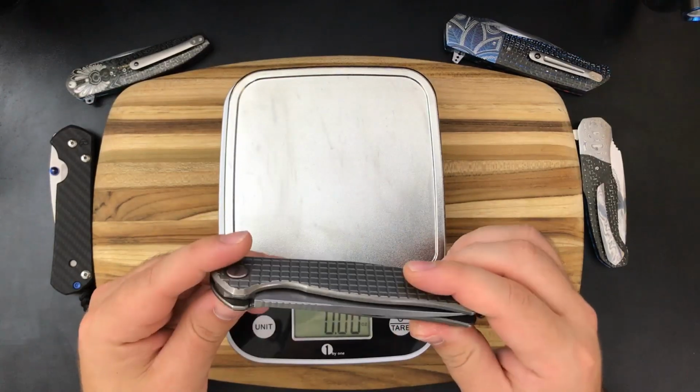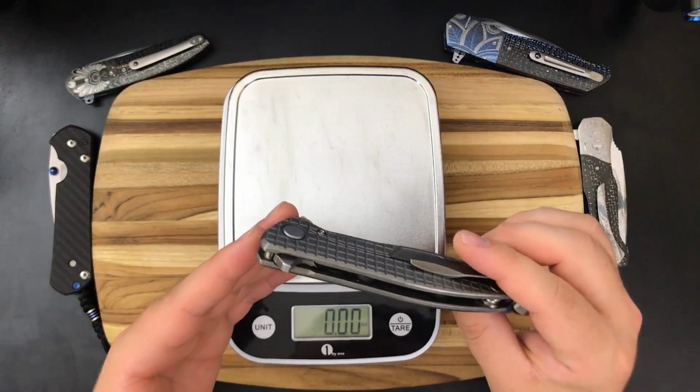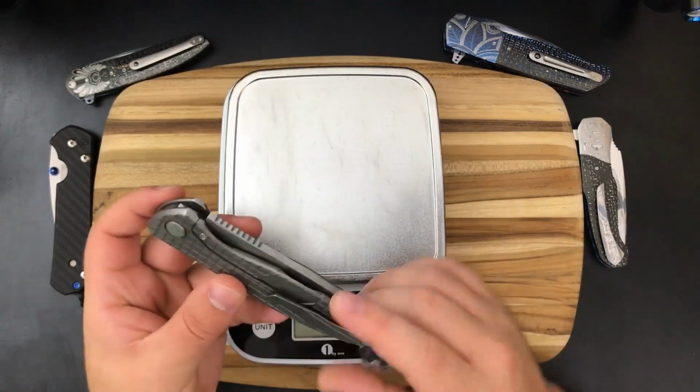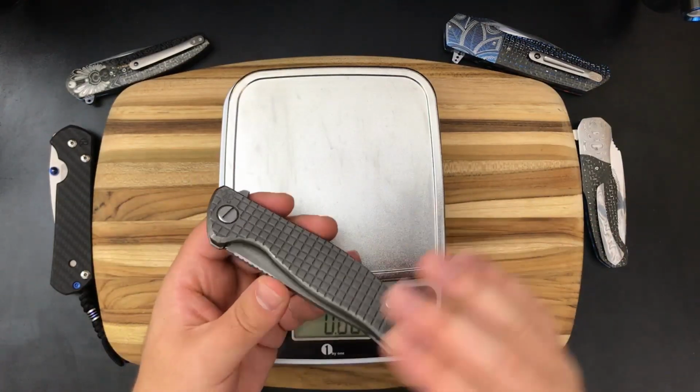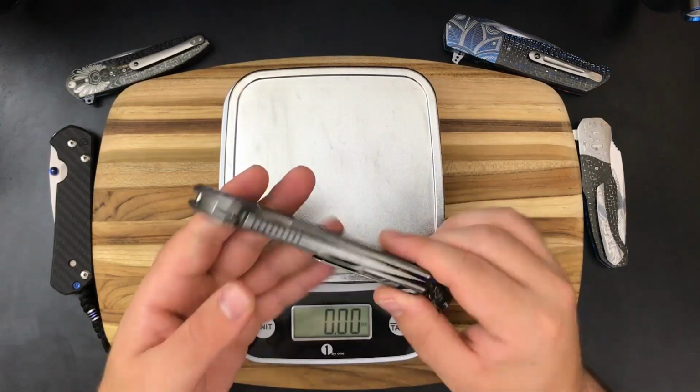So I do think that this frame is a little bit thicker. Unfortunately, I don't have any of those knives available to me for comparison, and I could be wrong about that. I don't know. I think the frag pattern kind of extends a little further beyond the main size of the frame. But